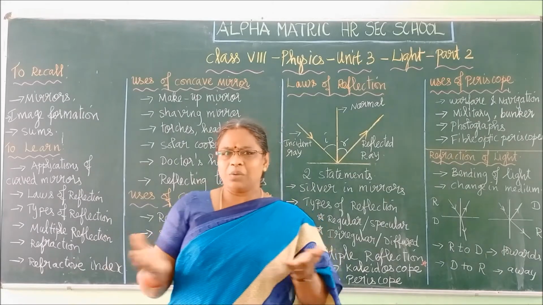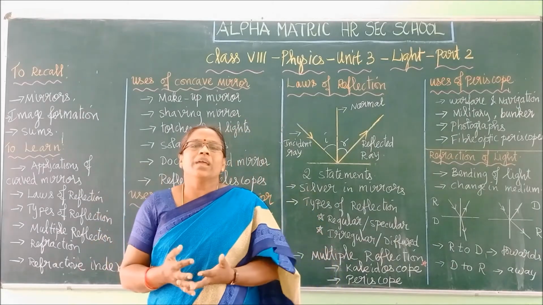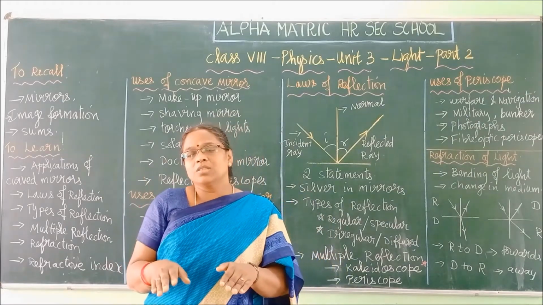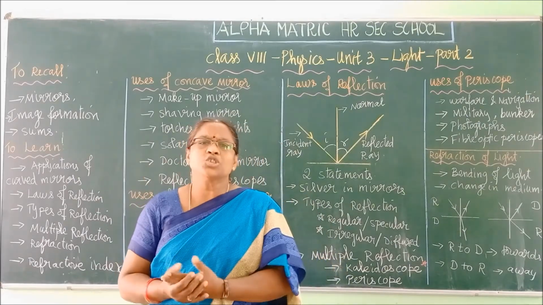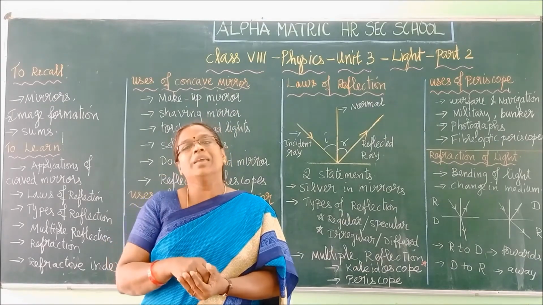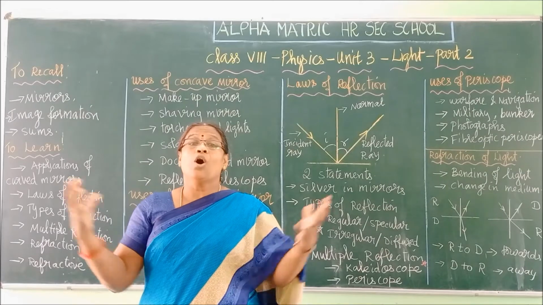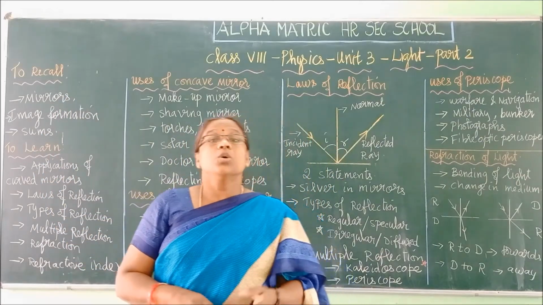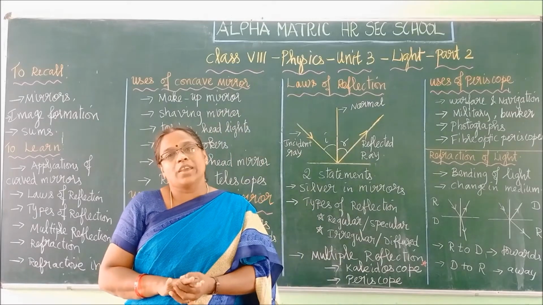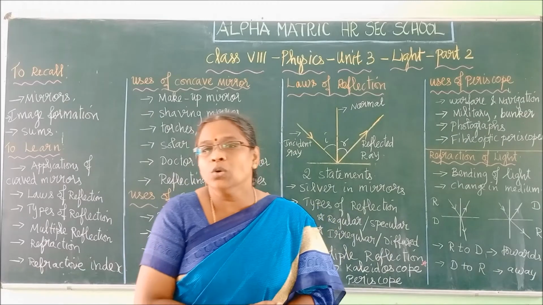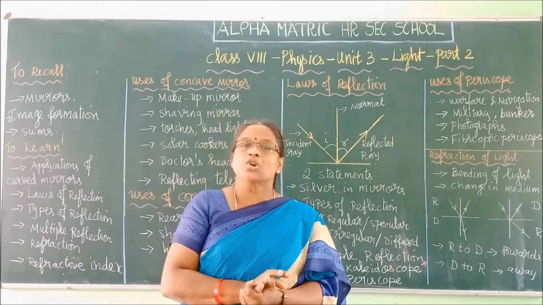Solar cookers will be like a suitcase-type box. You can Google the picture. Inside that, the food to be cooked is kept. The food substances in the vessels will be kept in a place where all the sunlight will be converged. For that only we use this concave mirror, because what is the property? Concave mirror will give you a converging focus of light rays.